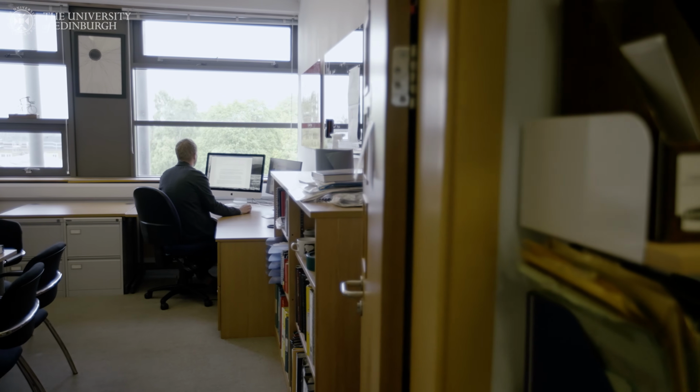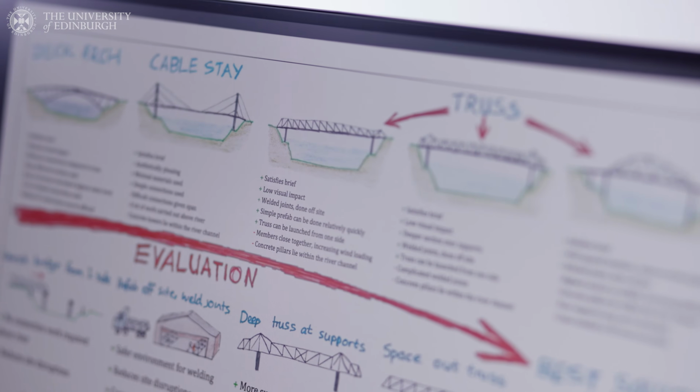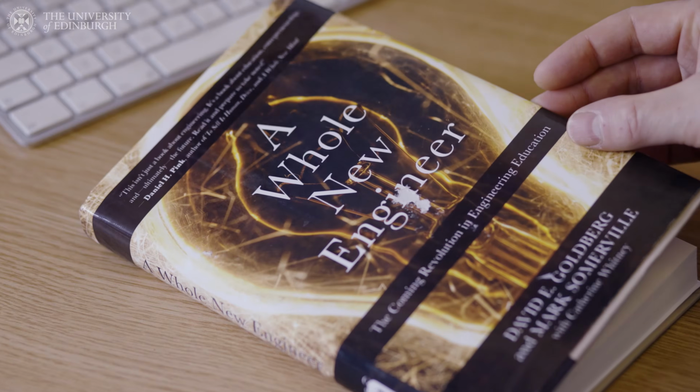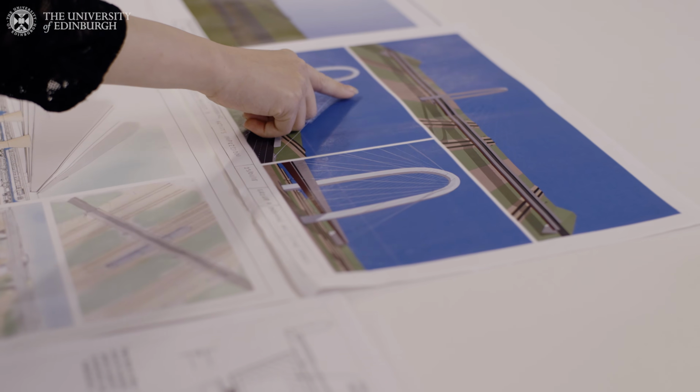We have a design strand in civil and environmental engineering because there are lots of different skills that you need as an engineer. You need a toolbox of skills. There are the detailed technical skills that you'll learn in your lecture classes and apply in design, but also a whole load of skills around teamwork and solving complex problems. And we gradually develop those through the years of the degree programs. In the final year of their degree program, the students will be asked to come up with a structural design solution for different design scenarios.